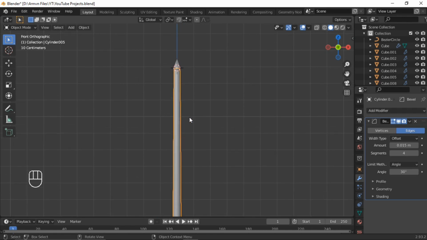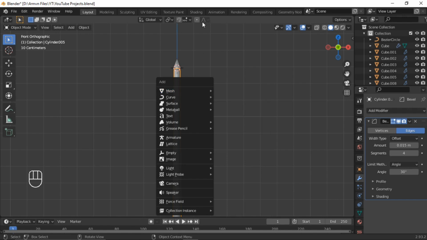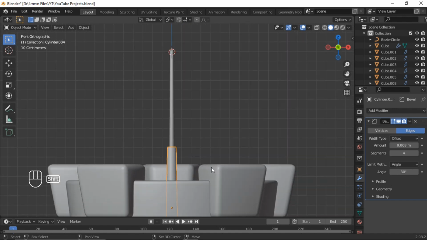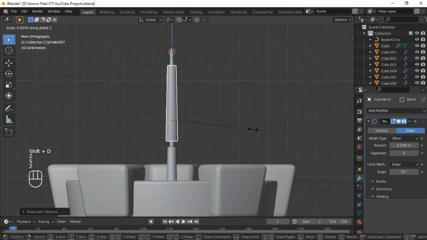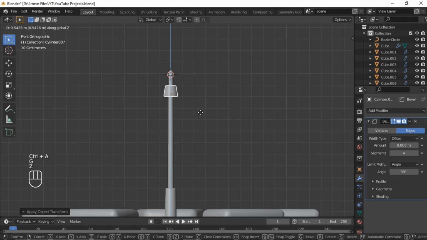And then here we need 2 kind of handles so our flag gets stuck to it. So I'm just gonna add, no, I'm not gonna add another cylinder. I'm just gonna select this, duplicate it and scale it down, apply scale, and I'm just gonna put it here,